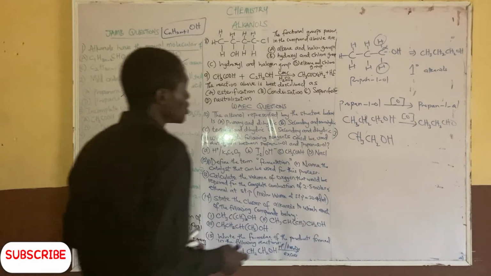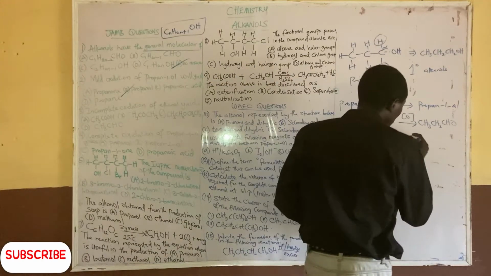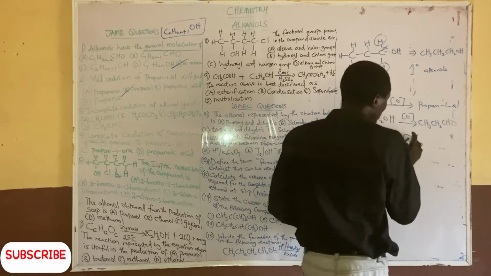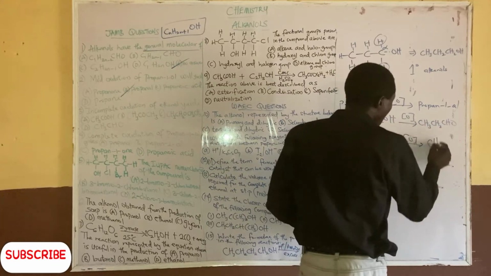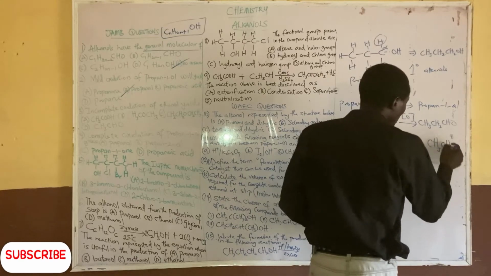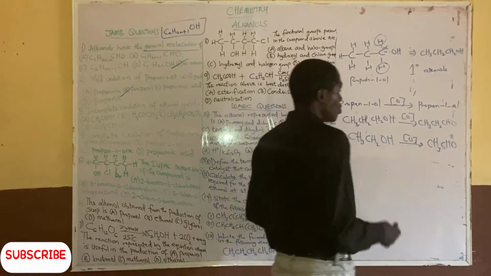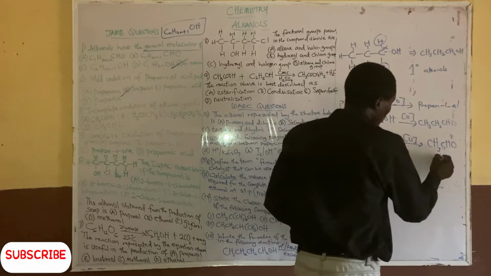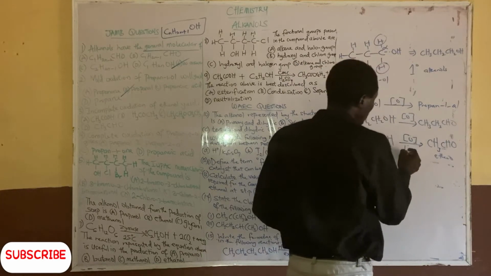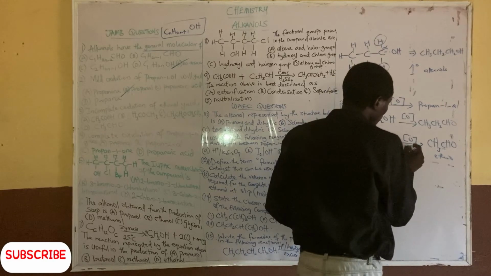In incomplete oxidation, the first oxidation it undergoes forms an aldehyde. So ethanol, when it oxidizes in the presence of K2